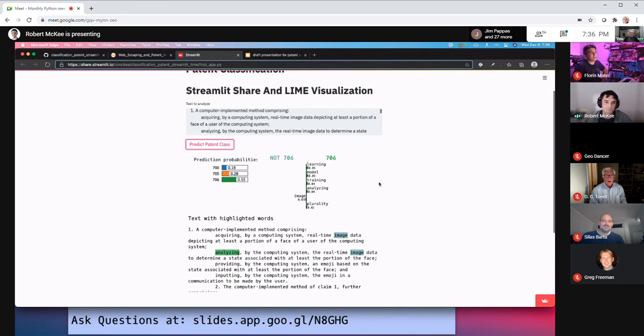But what it's saying is that it's looking at a lot of terms. So the TF-IDF model that I mentioned earlier, what that's doing is it's pulling from the few thousand patent applications I had, all the words, and finding out kind of which words are most likely to relate to which type of patent. And what I wanted to do with this was you can then see what words you should be using to get it into one class or the other.